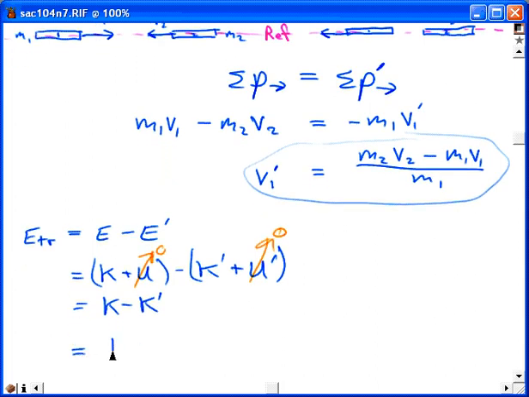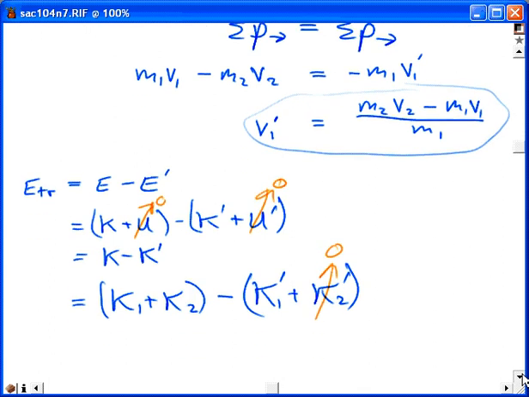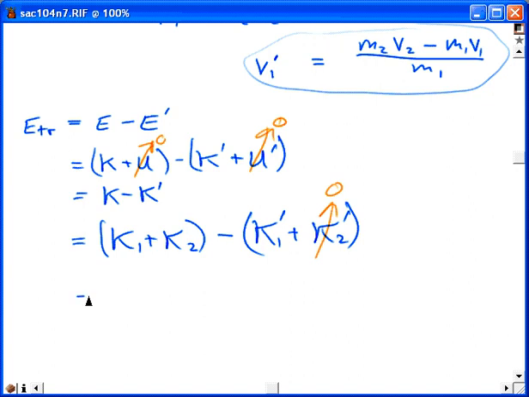And that's K1 plus K2, the kinetic energy of object 1 in the before picture plus the kinetic energy of object 2 in the before picture, minus K1 prime plus K2 prime. But we're told that disk 2 is at rest in the after picture, so K2 prime is just 0. So this is just K1 plus K2 minus K1 prime. That's 1/2 M1 V1 squared